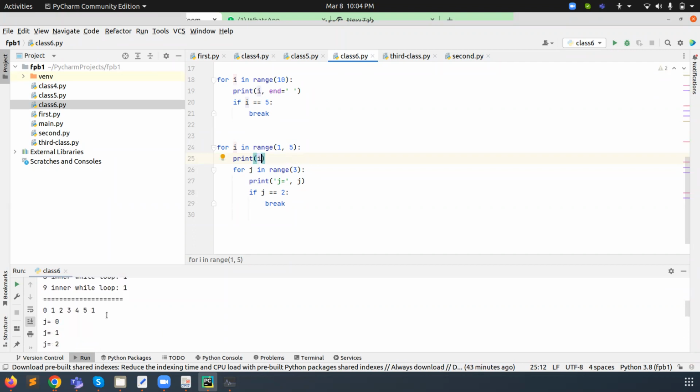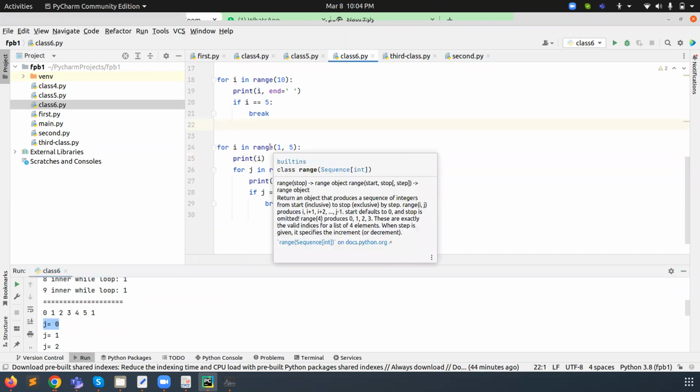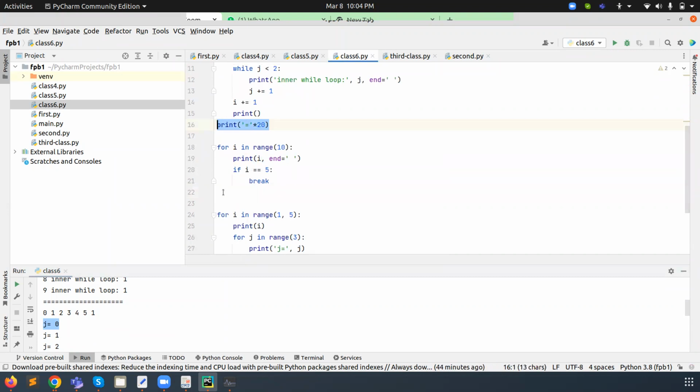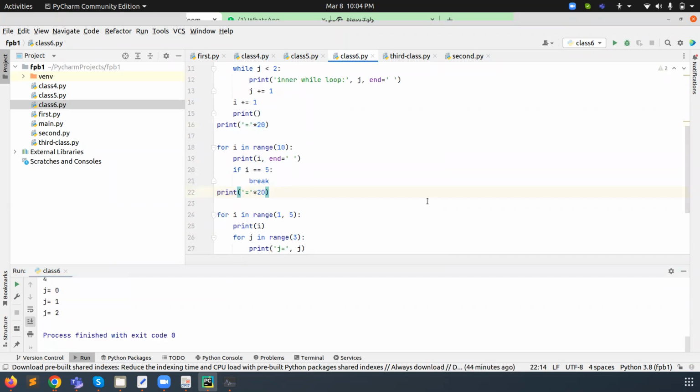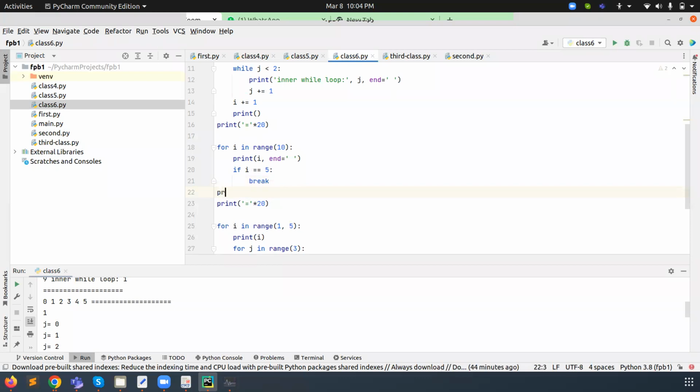Why? From here it will start, and the values coming are j equal to 0. Before this I use this one. So it starts the value from here again, because here again we have used it. Before this one also, then it will go here. Only print I need to give. Later we will do that. Okay, now you can understand what is happening.